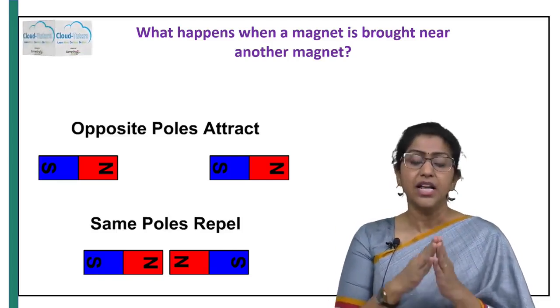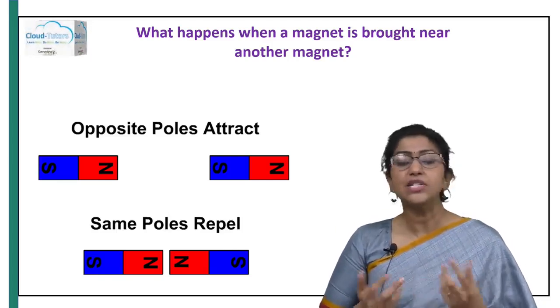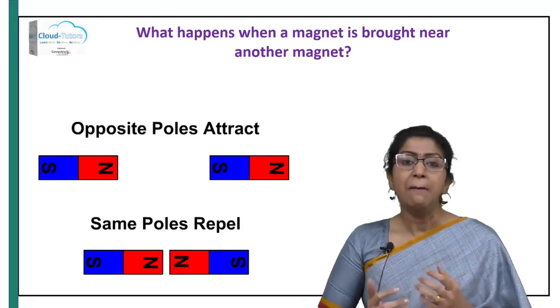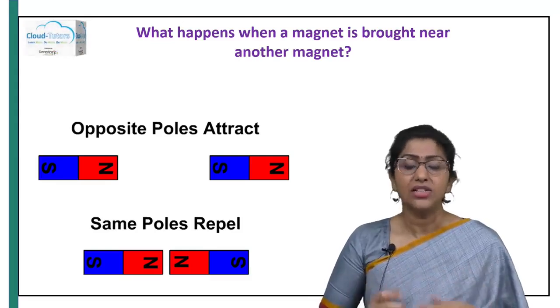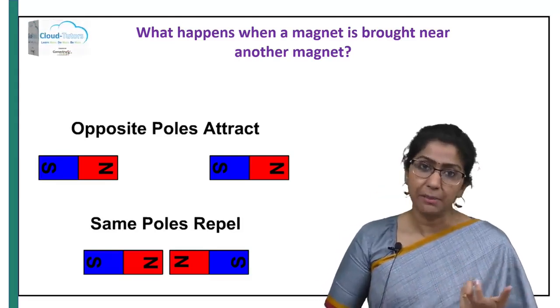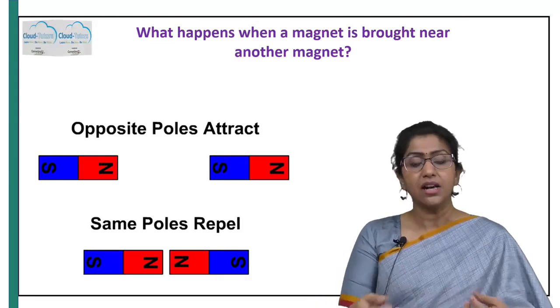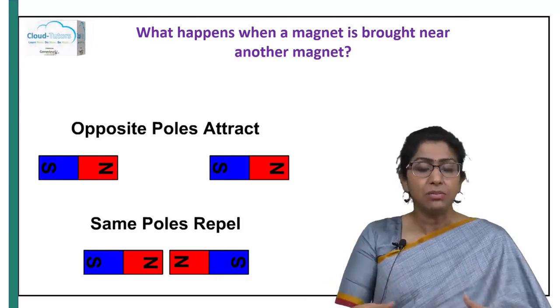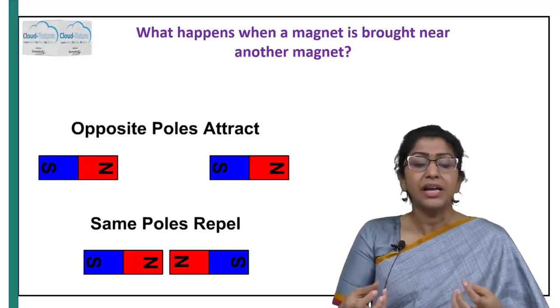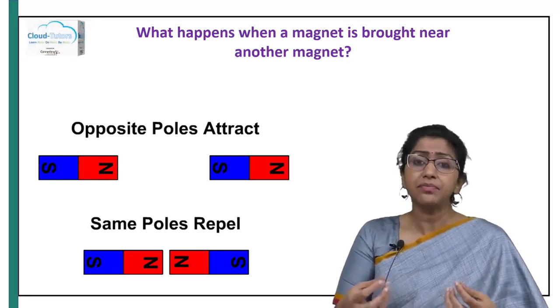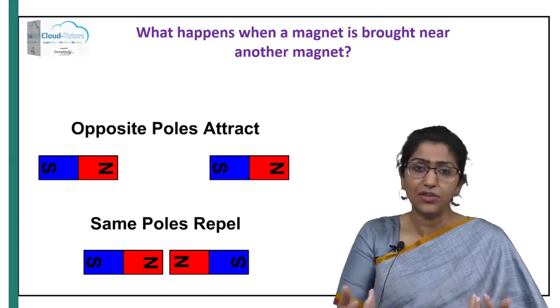So how does it happen? As you would have already guessed by now, magnetic force acts between two magnets or a magnetic substance and a magnet, right? As you would have understood by now, the force that acts between these two objects cannot actually be seen. Definitely none of the forces can be seen.